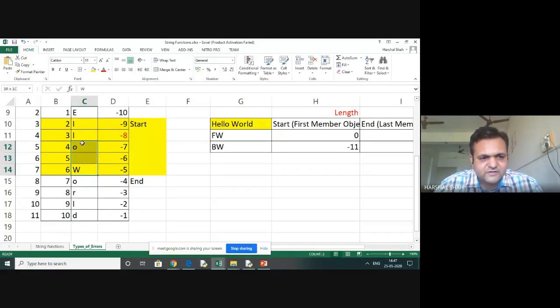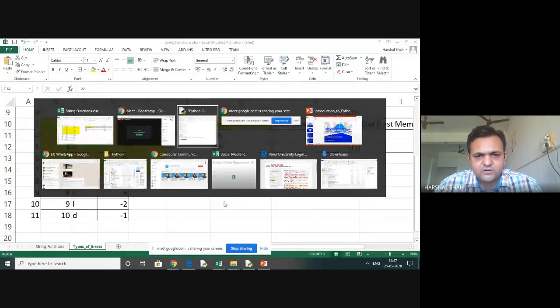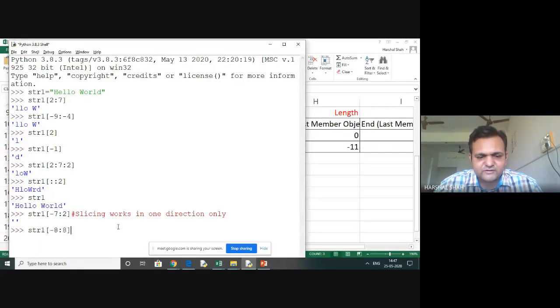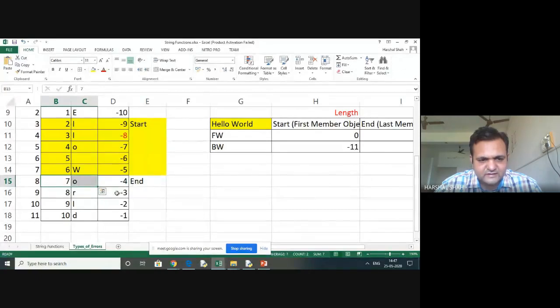So I will consider the answer wrong, and this will come as LO space W. So those who have written that answer is wrong, you can see that it ends at 7. So this is the low wo that is coming up. It's 8 here, so up to 7, so it ends exactly here.